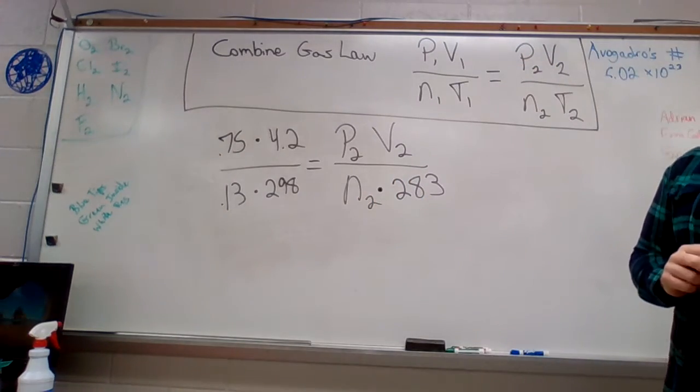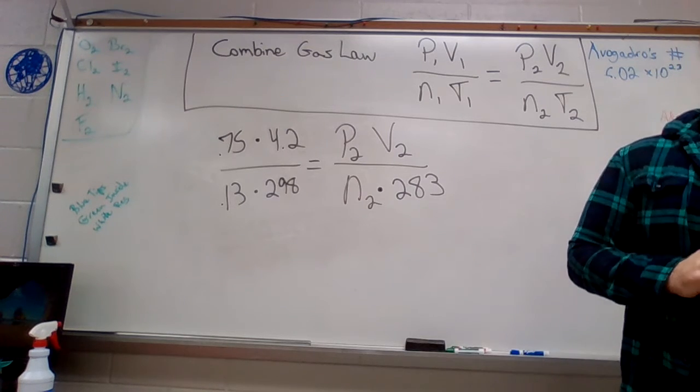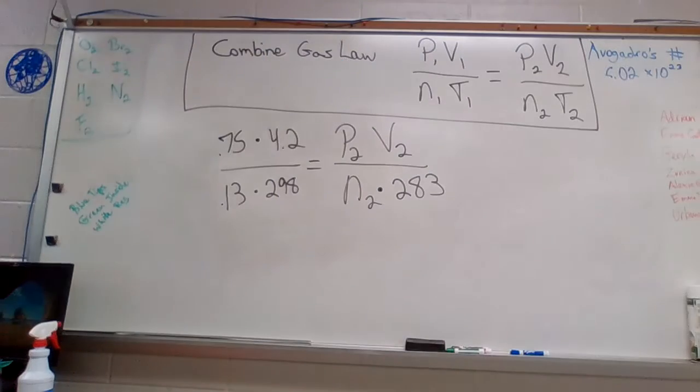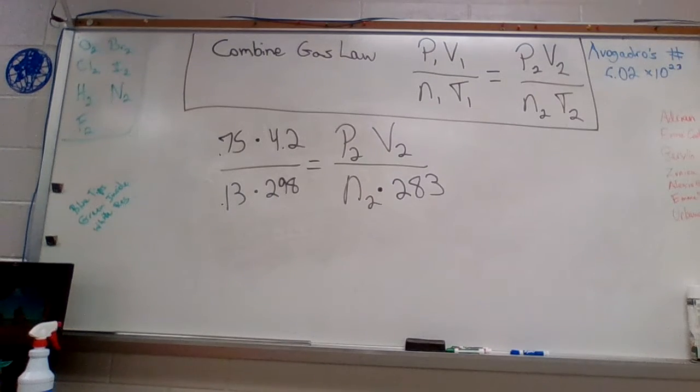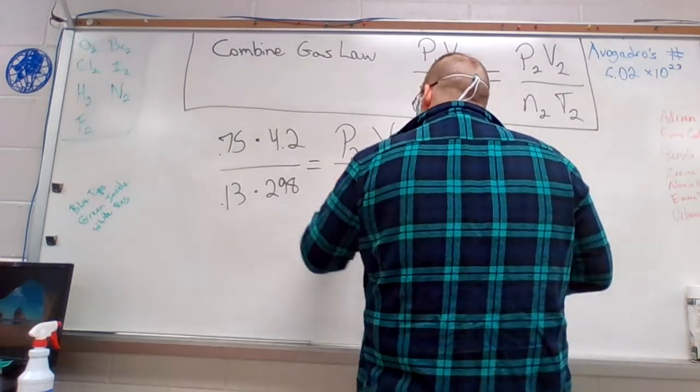What do they give me next? And 0.02 moles of ethane leaks from the balloon. Here's where they get a little tricky, which they didn't have to because it's already tricky enough, but 0.02 moles leaks. So that means that left the balloon. So I actually need to do a little subtraction. 0.13 minus 0.02 that leaked out is going to be my second moles. So I'm going to have 0.11 moles for my second moles number. 0.11,